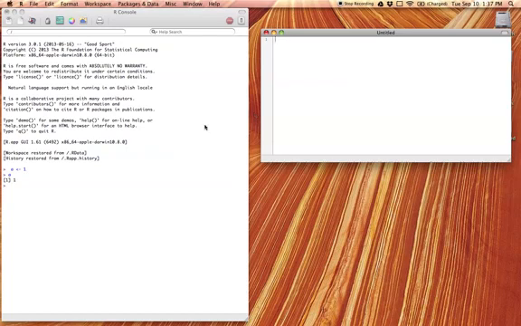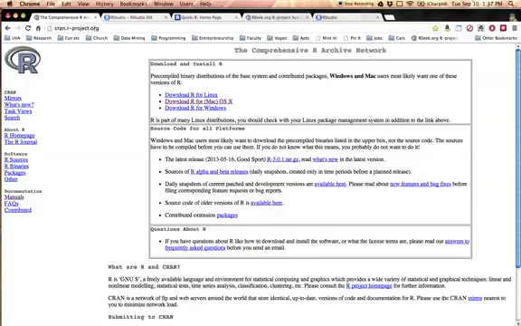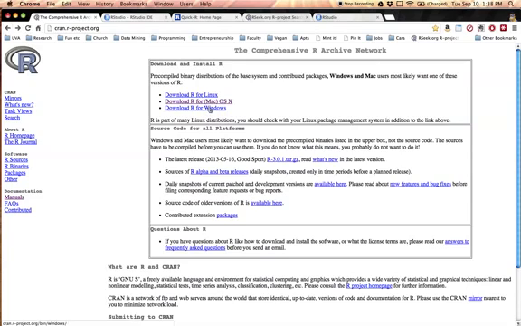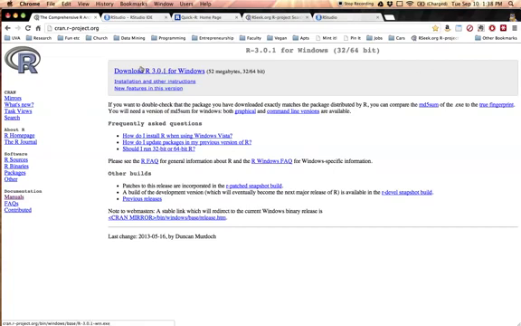But first, let's talk a little bit about how to get R. To get R, you go to cran.r-project.org. You click on whatever operating system you have. I have a Mac, so you can go there, and then you download the package here for a Mac. You download it, install it just like any other package. Or if you have a Windows machine, you go there, you get base. Notice it says here, this is what you want to do to install R for the first time. You can even click that and see what you want. There you go. So download it right there, and you will download it, install it, and it'll be on your